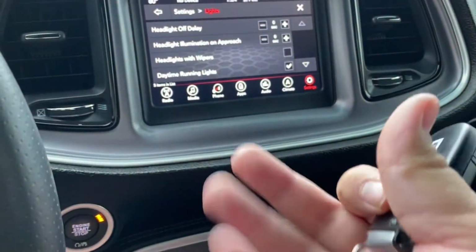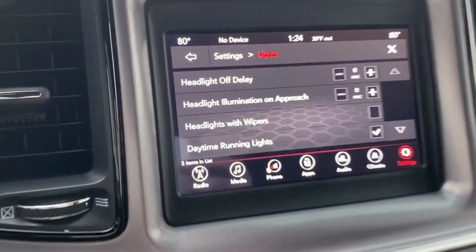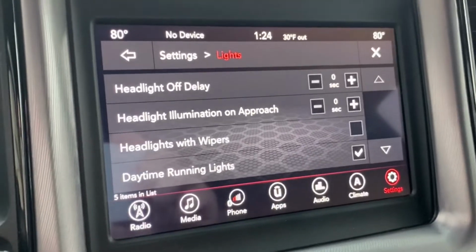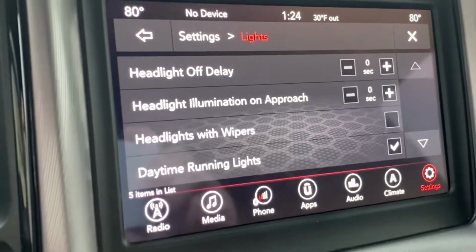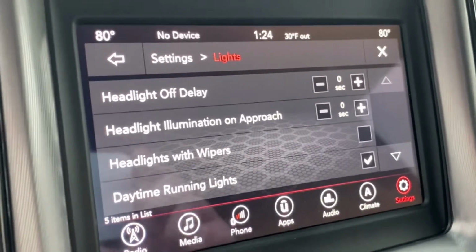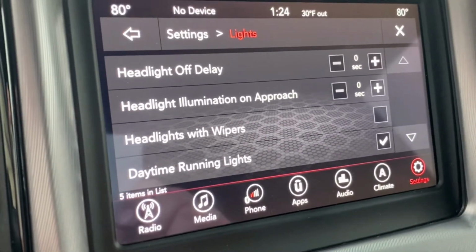So you can just put your hand under the door handles and the car will automatically unlock. But if you do like to unlock your vehicle with your key fob, that is something that you could probably turn on and increase. Headlights with wipers, I do have that turned off,